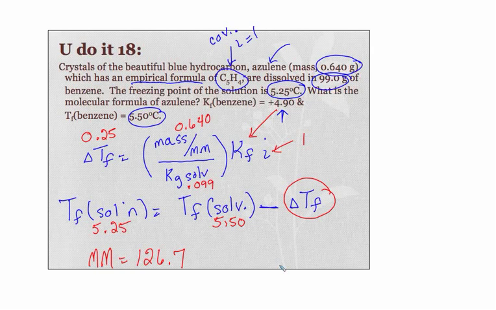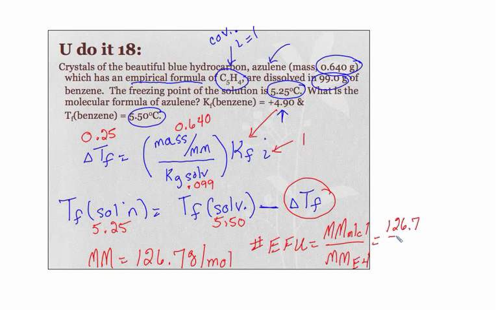And then if we solve for the molar mass of our molecule, we get 126.7. Now, what's interesting here is it didn't just ask us for our molar mass, and that's grams per mole, by the way. It asked us for our molecular formula. Wow, we have to really dredge back in our memories and find that our number of empirical formula units is equal to the molar mass of our molecule over the molar mass of our empirical formula. And we'd have 126.7 over,